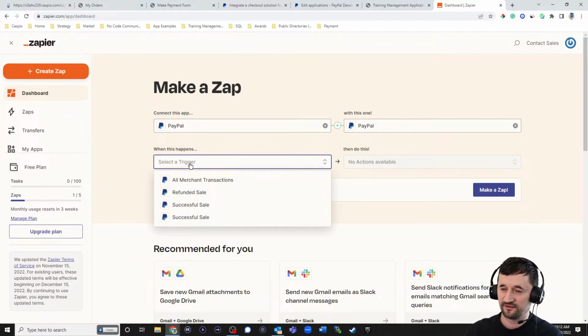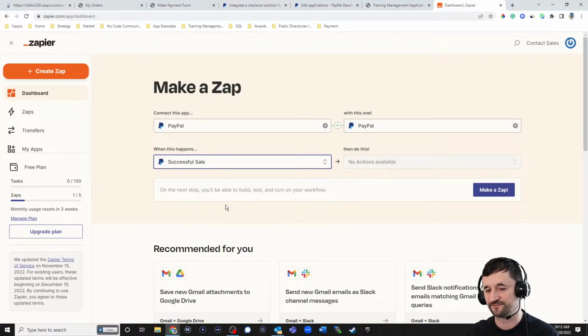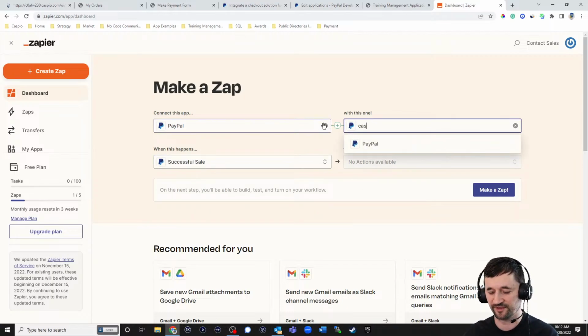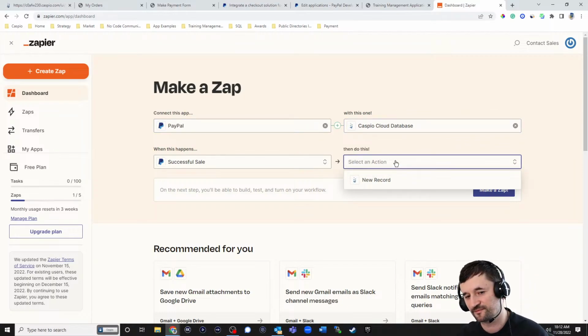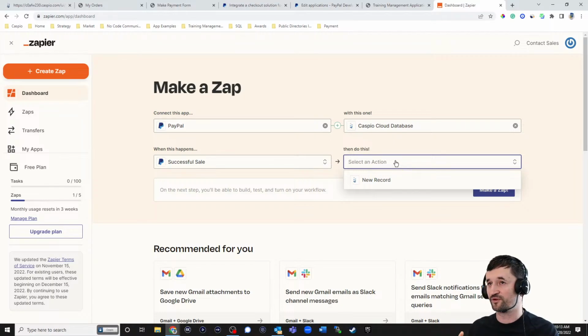If I process the payment on PayPal, I can have that information stored in the Caspio table if it's a successful sale, for example. And then in Caspio, we can add that as a new entry. And that's not really going to work for us when it comes to recurring payments. So today, as sad as I am to announce this, you really just have to go through professional services if you want to do recurring payments. Unless you have a method where you don't mind processing these payments manually in some way,